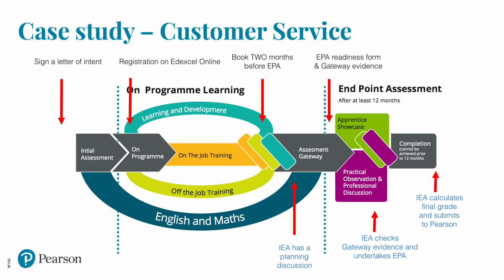On successful completion of endpoint assessment, the grade and the calculations will be entered into Edexcel Online, and the endpoint assessor will be able to communicate the outcome of endpoint assessment to your apprentices. Upon a successful outcome, we will then progress with certification. Should a resit be required, then this will be communicated and planned through your endpoint assessor.